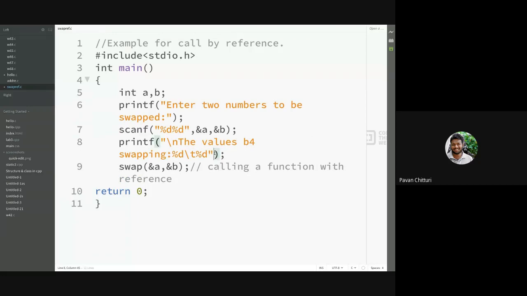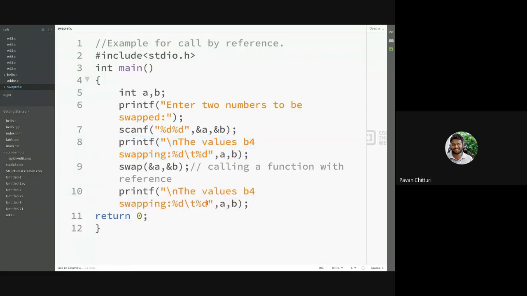And I wanted to give the variable names here, so I have given this. And I wanted to display the same thing after swapping in the same function. After swapping, %d a comma b, because I have sent the address here.